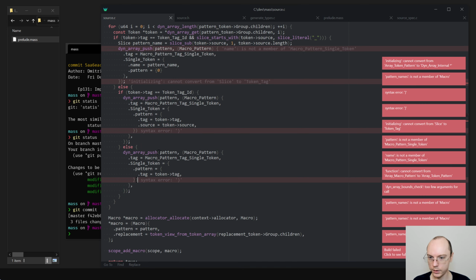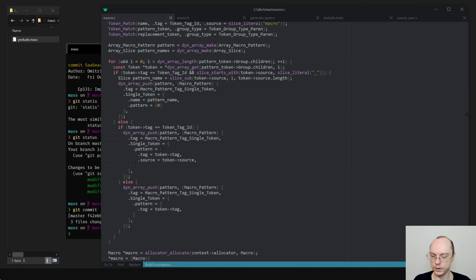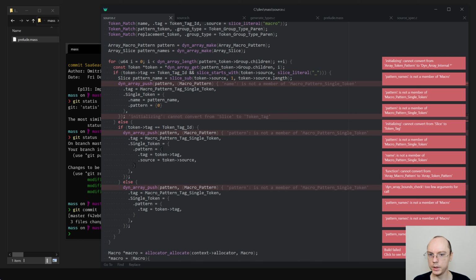Syntax error. I'm missing something. Okay, and this one is not correct. Maybe? I cannot convert from slice to token tag. Name is not a member of token.